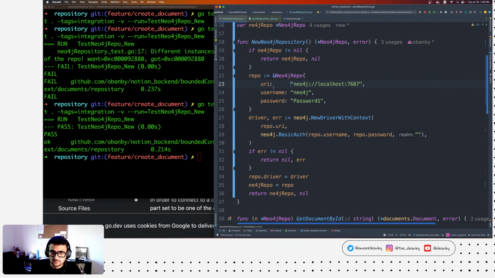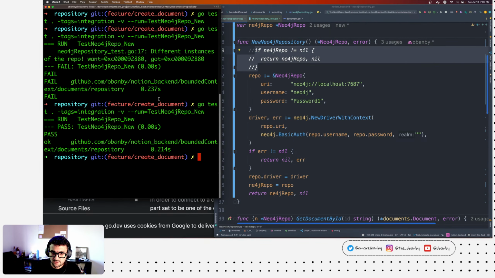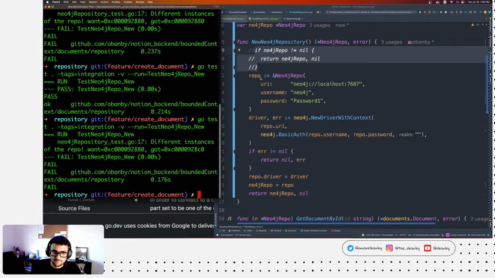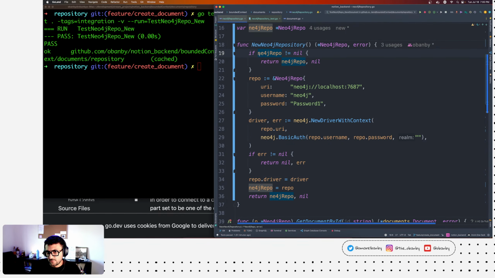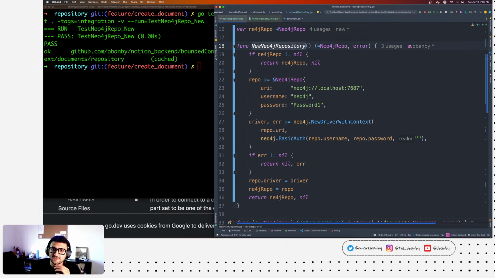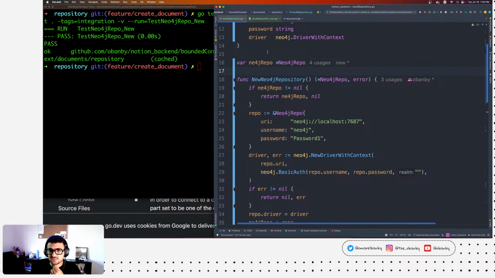Right, and here let me skip this part. Great. Okay, so now we hypothetically implemented our repository. It's as simple as that, right?